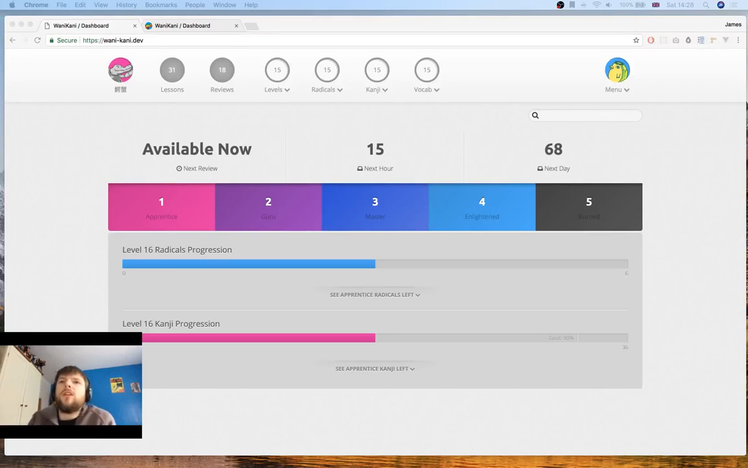Okay, so this is part number 7, I believe, of rebuilding WaniKani with Tailwind CSS. I'm just going to check what part it is. I'm sure it must be... No, it's 7. Okay, so